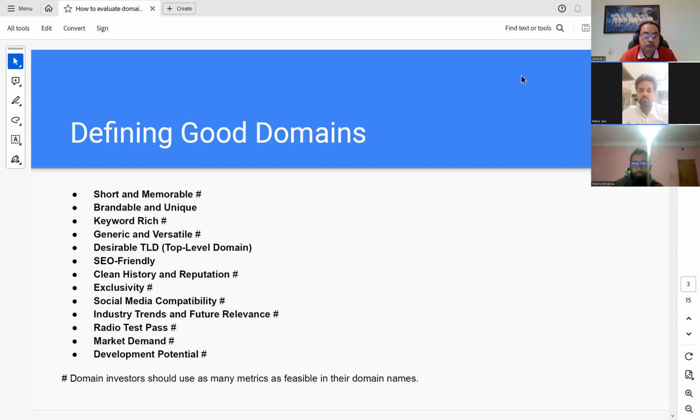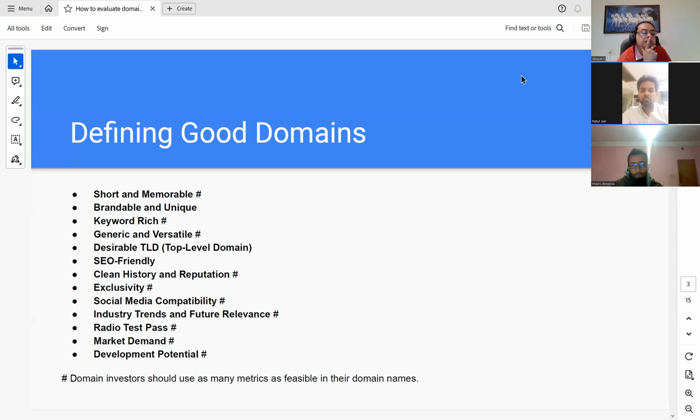Or we can Google also to check certain things. So a domain should be short and memorable, but this does not apply to exact match domains or Geo EMD domains, because those kinds of domains can be long. Sometimes 2 words, 3 words, sometimes 4 words, sometimes 5 words, a domain also sells. If I give you an example, criminal and insurance lawyer in New York.com. So, as a principle, a domain should be short and memorable, right?